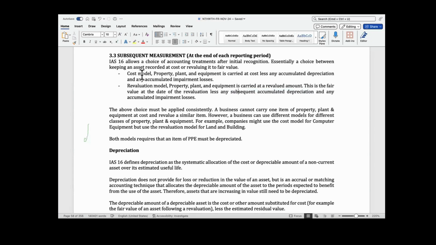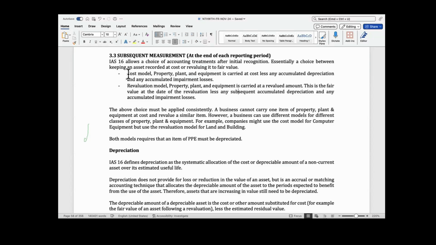Okay, sorry, sir. So please, can you explain what accumulated impairment losses mean? Okay, so for now, just take it as impairment losses. It's a separate topic that I will still teach you. I will teach you each of these. Everything I've mentioned here, everything I will teach you. But everything is step by step in my class. So I will get there. So luckily, just hang on. So now,